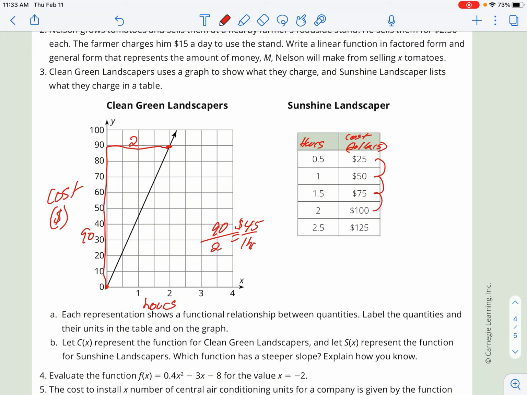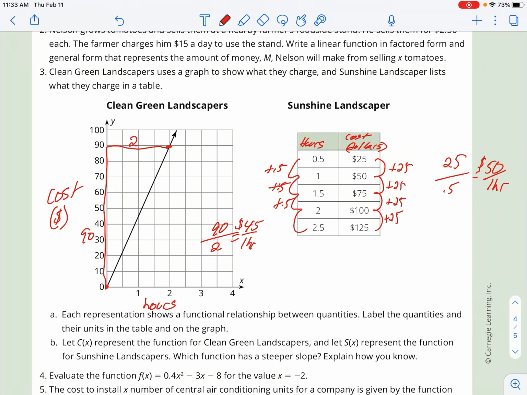On the table, we're calculating the change in the y's and the change in the x's. I'm seeing the y's increasing by 25 each time. So that's change in the y's over change in the x's. And in the x's, I'm increasing by 0.5 each time. So 25 divided by 0.5. When I punch that into my calculator, I get $50